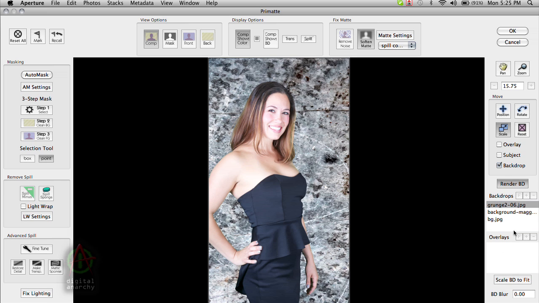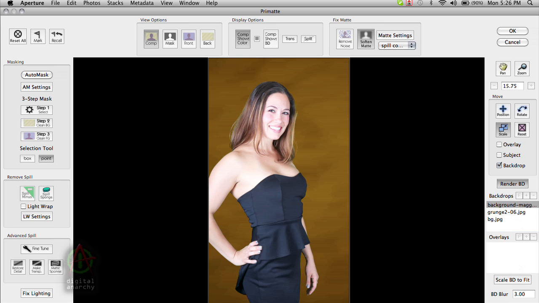Maybe she's an industrial type of gal. This background has a little bit too much detail, and we would like to make it a little bit softer. So BD blur really comes in handy here. Maybe that's a little bit too much. Set that around 3-ish. But you get the idea. You can soften up the background, make it look a little bit defocused, and make it look more like a background should look. But in this case, she's really not doing the industrial thing, so we're going to switch back